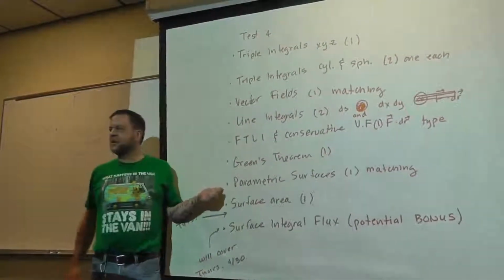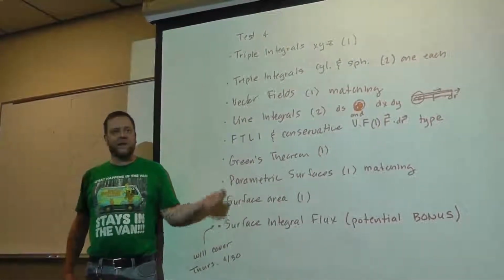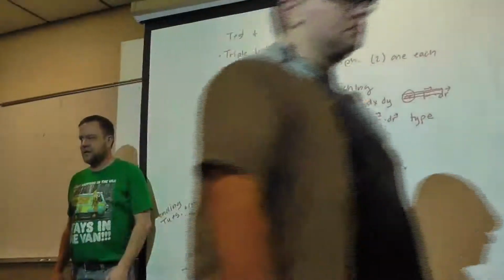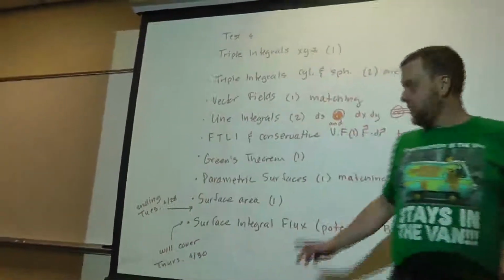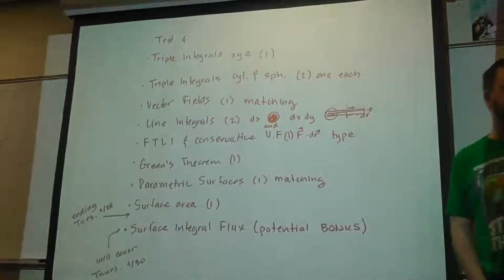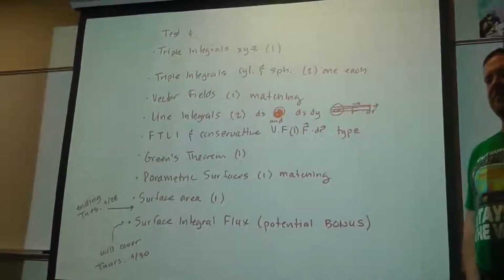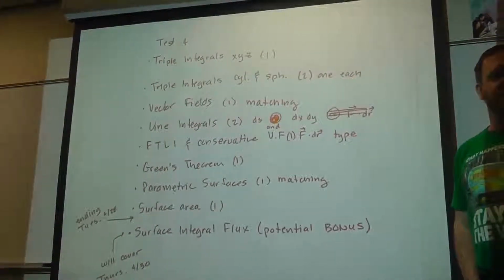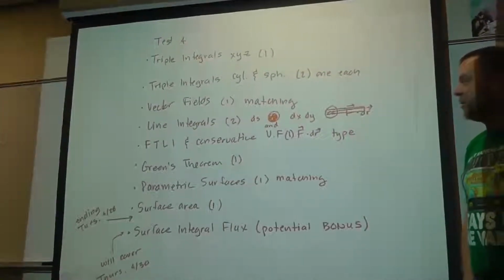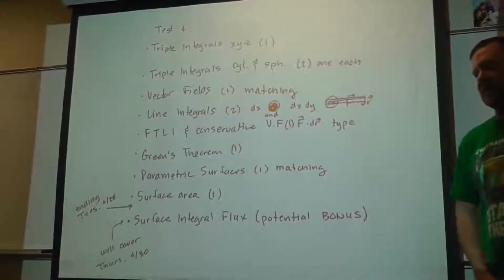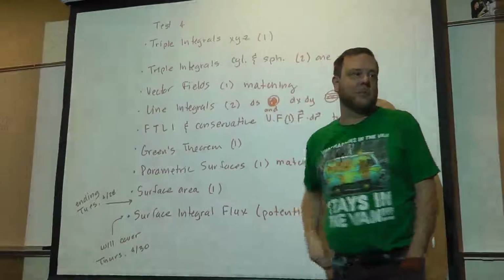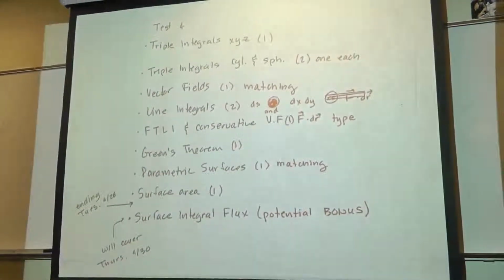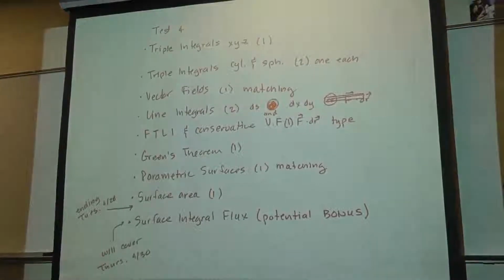And then what we're kicking into tonight, parametric surfaces and surface area, are the 2 last official topics for test 4. The remaining topic that we had time for, surface integral flux, I'll go over on Thursday night, but I will turn that into an optional bonus problem for test 4. So if you can't make it Thursday night, or if your brain is full after tonight, you don't have to worry about coming. So the official test 4 topic roster will end before we finish tonight. And you should anticipate 10 problems on the test. Feel free to take a picture of this. It'll be posted online, but I just want to make sure everybody's got an idea of the format of the test.